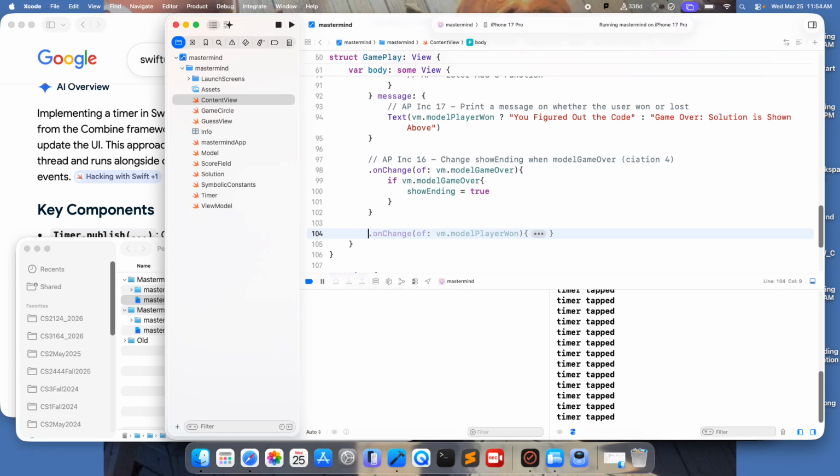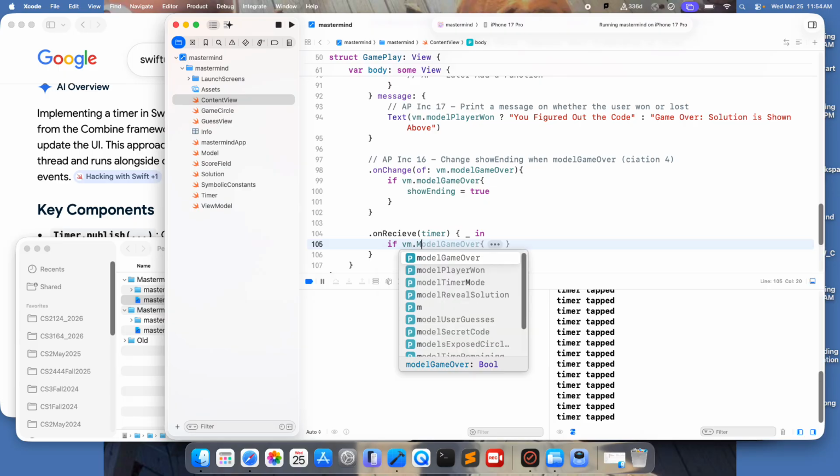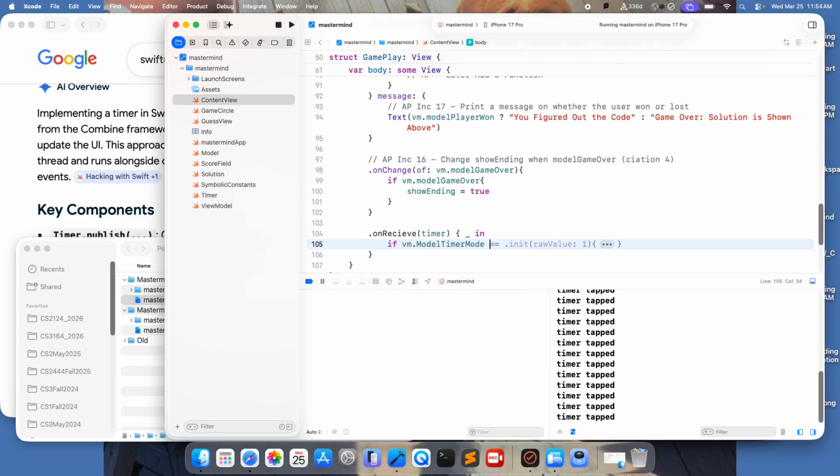What I looked up for this, if you look at my citations, I said Google AI, SwiftUI model not updating, combined with SwiftUI how to implement timer. And the beautiful Google AI, my best friend in this world, told me that what I have to do is on receive timer, that function, that variable that we just made, in all of it, without the preset name, if the VM timer mode is true,